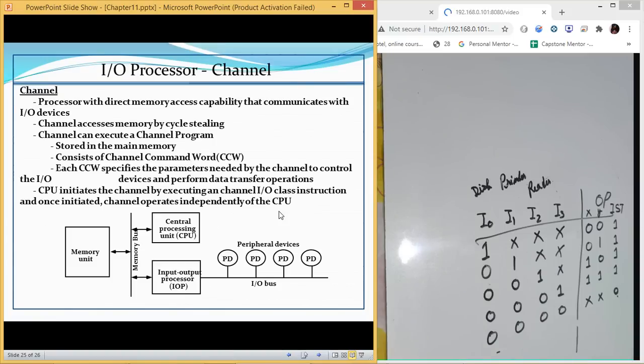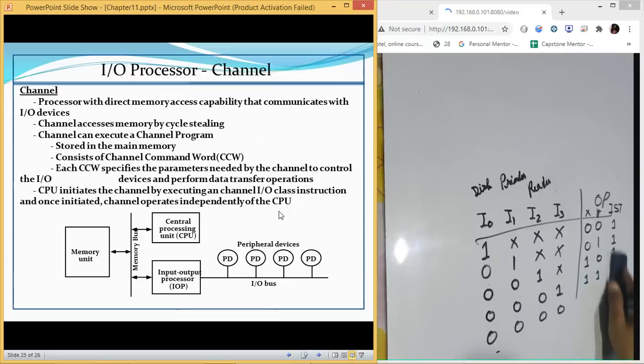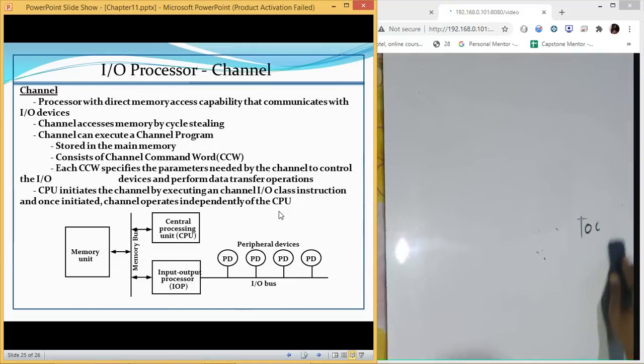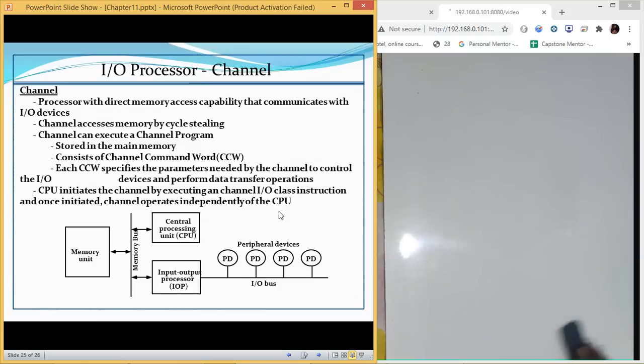Now, after parallel priority interrupt, we have another scheme which we discussed earlier as well, that is DMA. So DMA is already discussed. In the case of DMA, we had a better improvement over programmed input output or interrupt initiated input output.